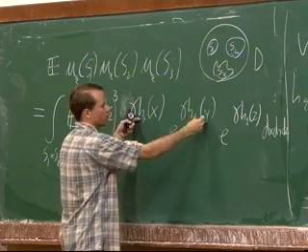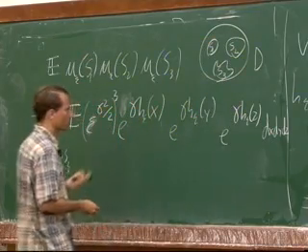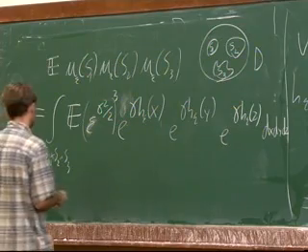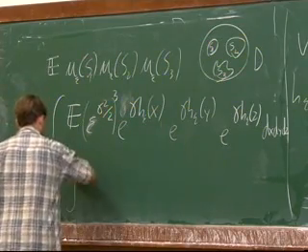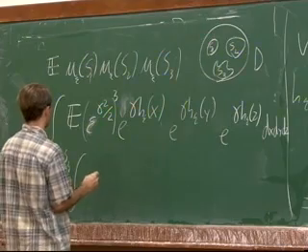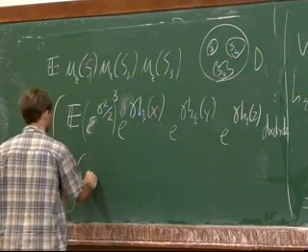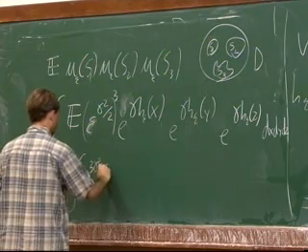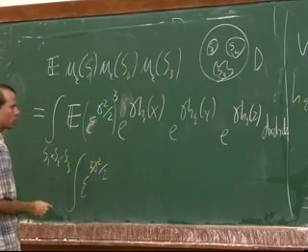The covariance of this and this will just be the Green's function. So we're just going to get an integral of this epsilon to the 3 gamma squared over 2,